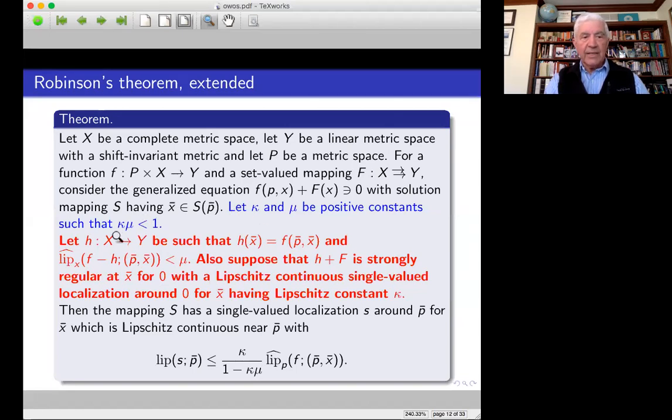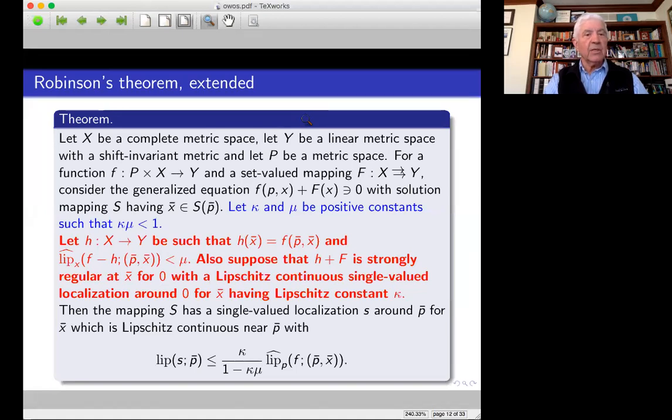So again, we see here kappa mu less than 1. And again, we have in the Hildebrand-Graves theorem, basically a contraction here, and we have to figure out where it is and apply the contraction mapping principle. But if you don't want to go into contraction, you can use one of the many available proofs of this theorem in the literature, using, for example, the Ekeland principle,